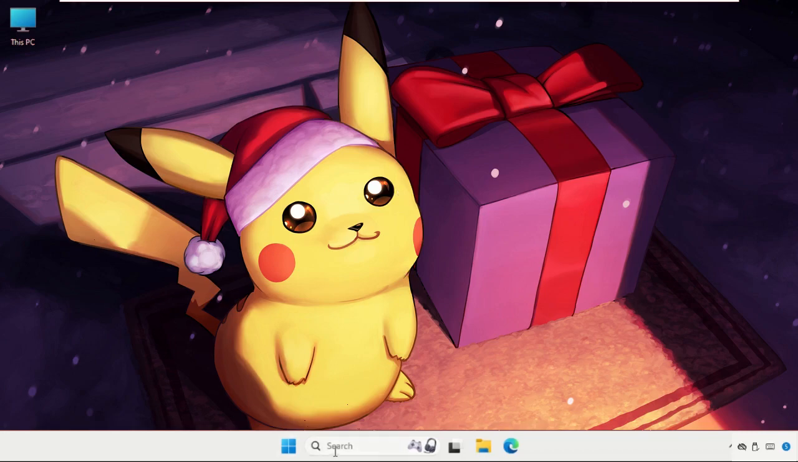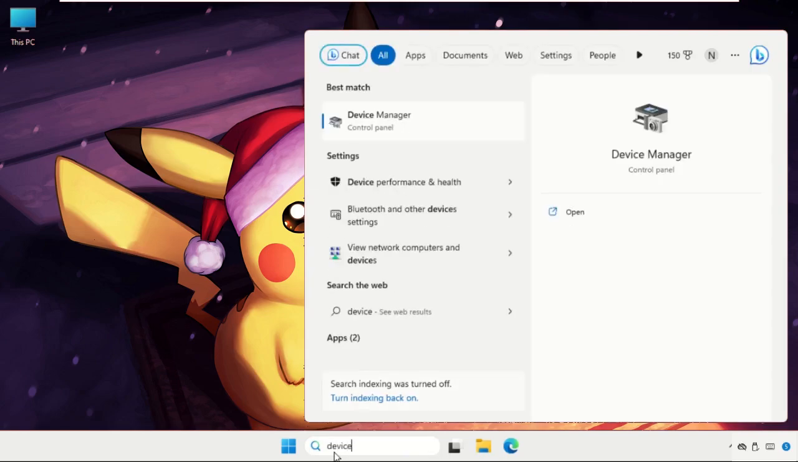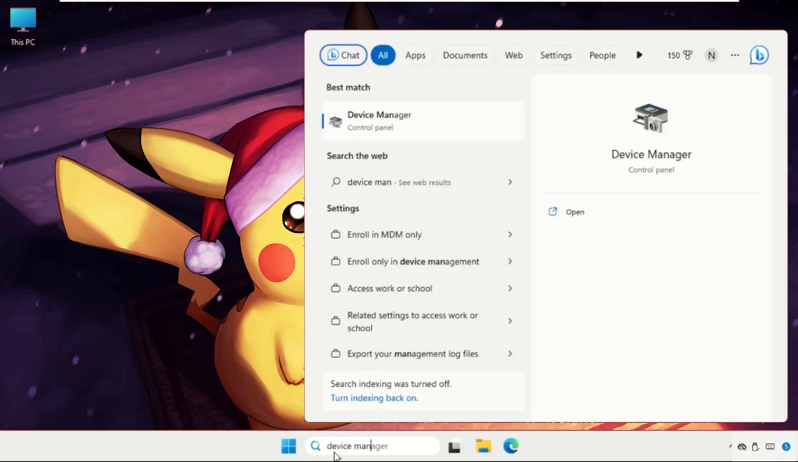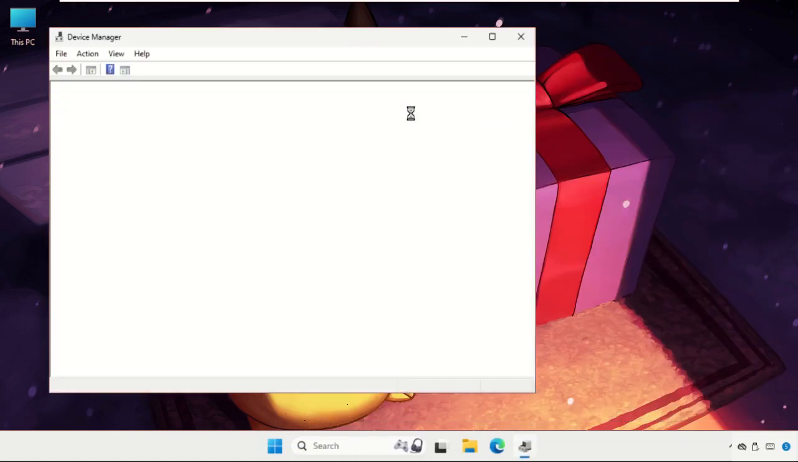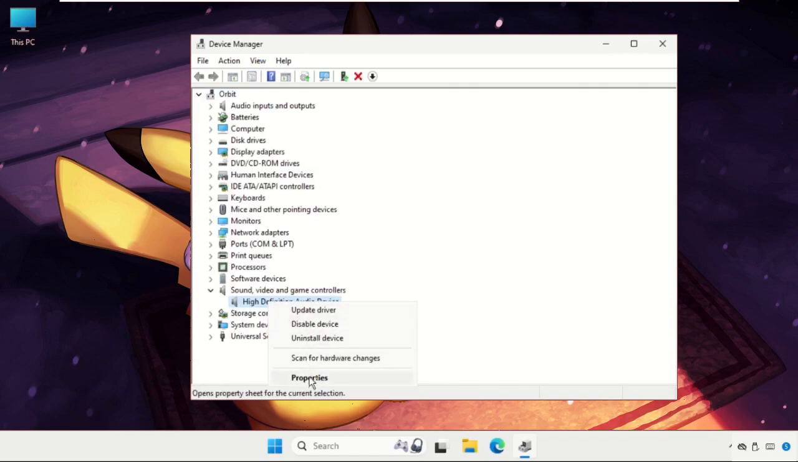First of all, just go to the search bar and type here Device Manager, and then click here to open it. Once we are here, we need to find these Sound, video and game controllers. So here it is. Just expand this by clicking on this icon, then right click on the particular device, select